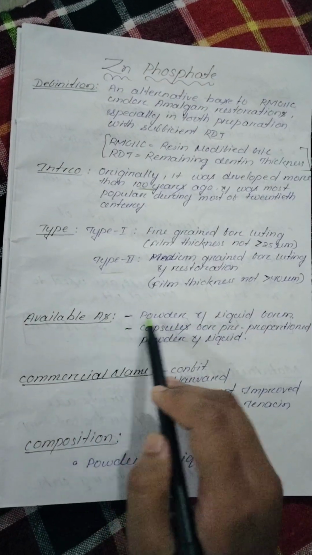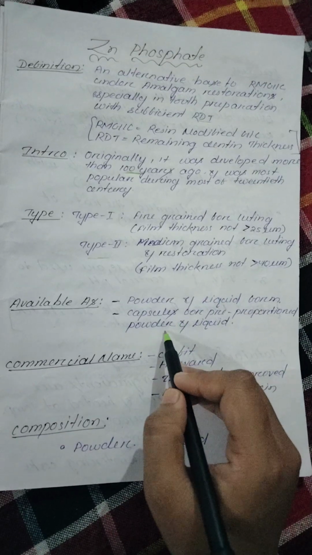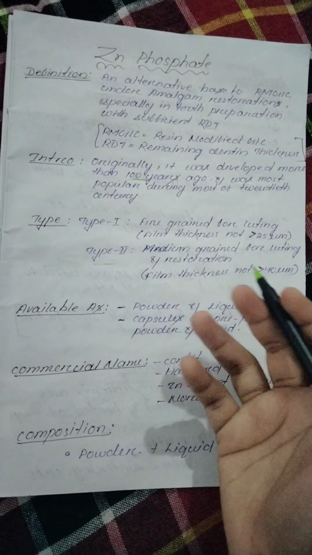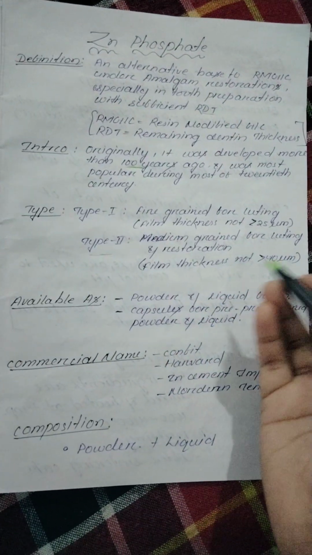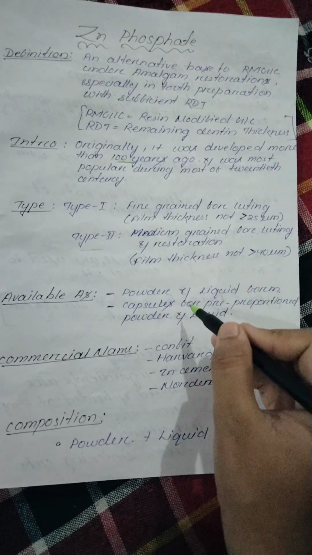Zinc phosphate is available as powder and liquid form. It is also available in capsule form, which is pre-proportioned powder and liquid,